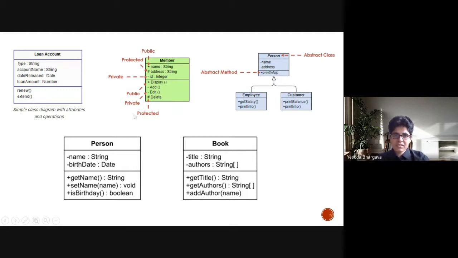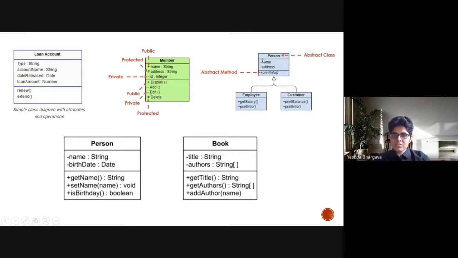And this is another example of a member class, in which you can see that it has written not only the attributes but also the type of the attributes, like public, protected, and private. So this is another level of information. Again, it depends on how far you have thought about the implementation of your system and the different properties of the classes.